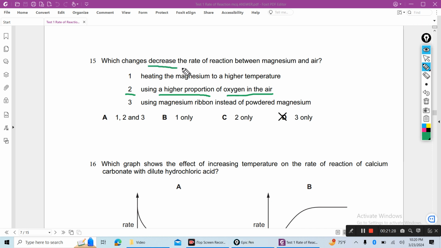But here the question is asking to decrease the rate. So this answer will be 3: using magnesium ribbon instead of powdered magnesium. Next,